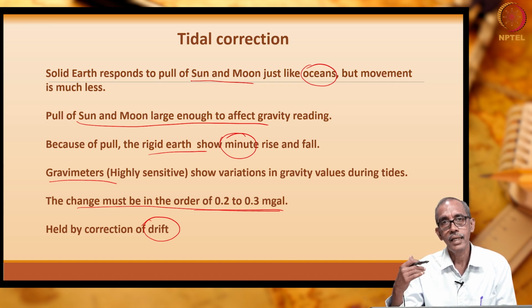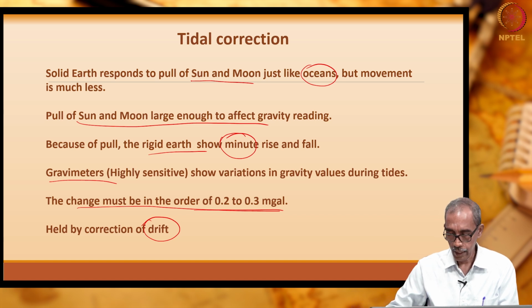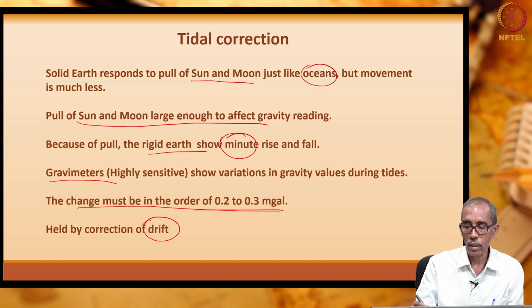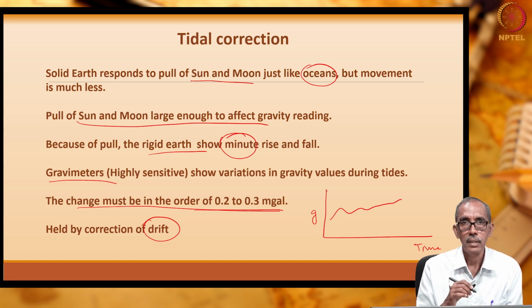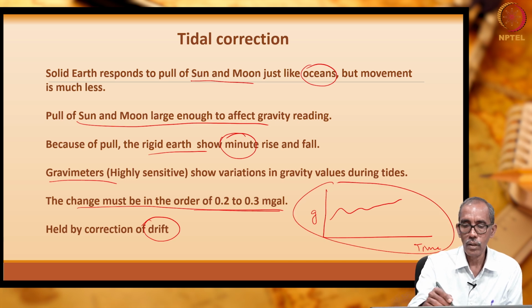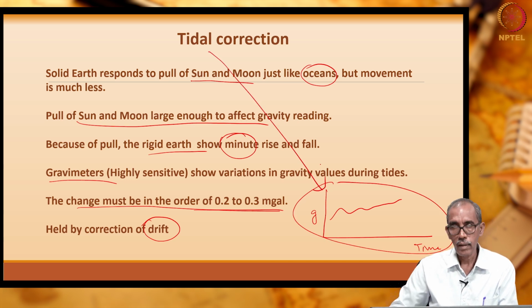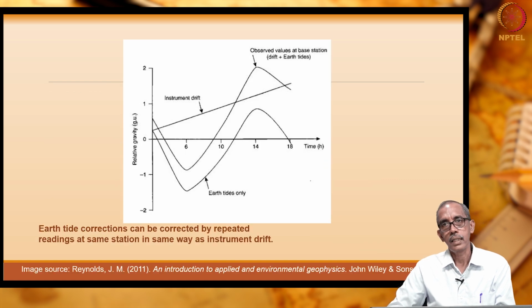We had already seen drift. Do you recollect? We had already seen what is the drift in the equipment. What we had seen by drift? With respect to time, how the G values were varied at different times. We had seen previously, when you collect the drift information, this also accounts for tidal variation, right.